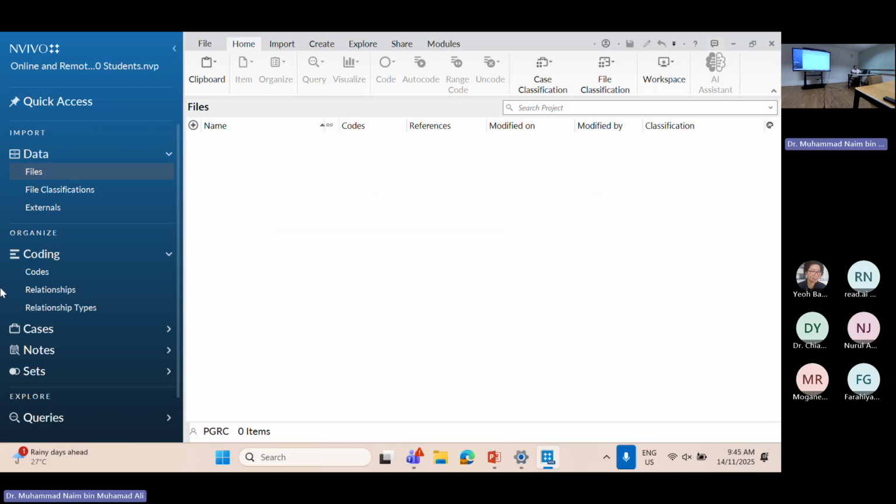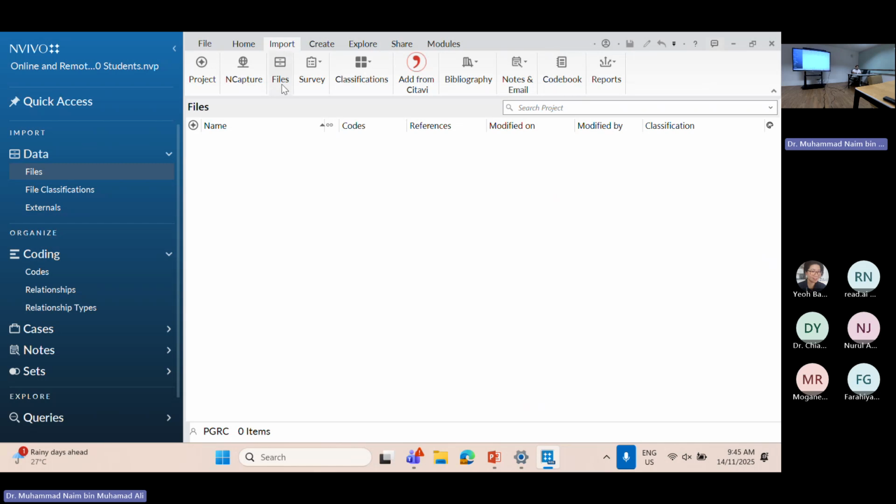You see all these files; you can upload anything here. So let's do that. Click import.